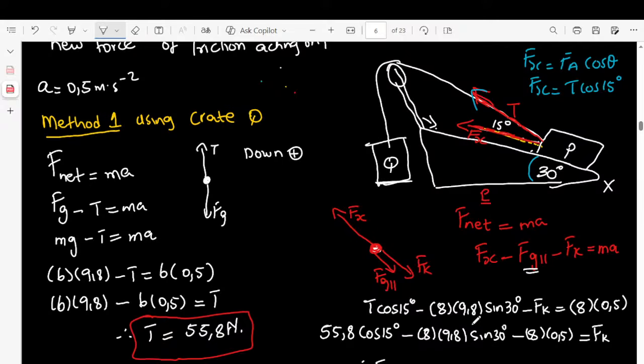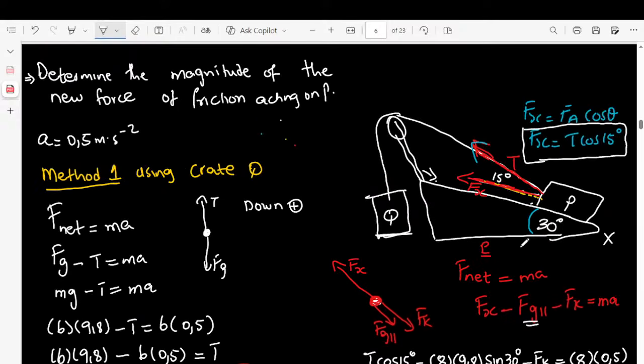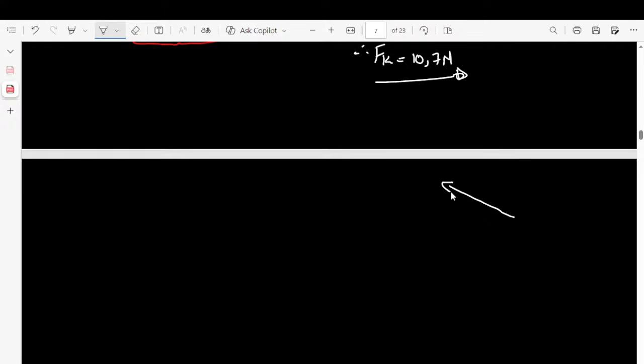Oh, guys, let me attend to FTBI. He's asking, why did we use T cos 15 instead of mg the cos of 15? Let me explain why. Where is this coming from? Let me quickly explain. So now I'm going to redraw that diagram. The diagram is like this. We have tension going up. So this is my tension. And then now we're going to have a horizontal force, which is our Fx going down,